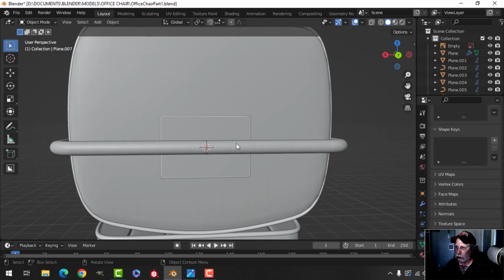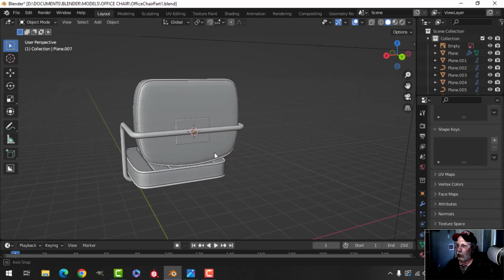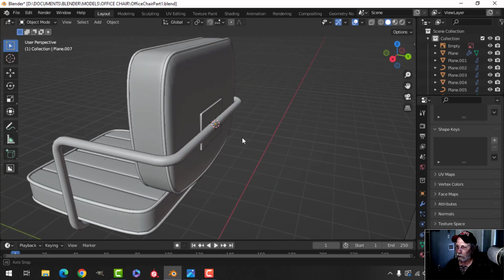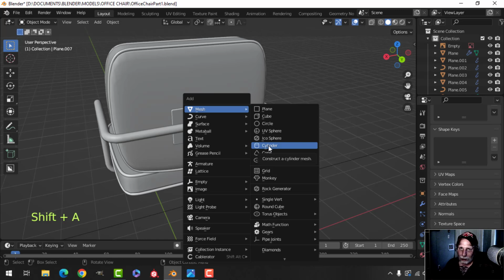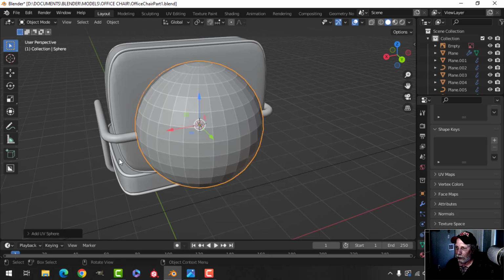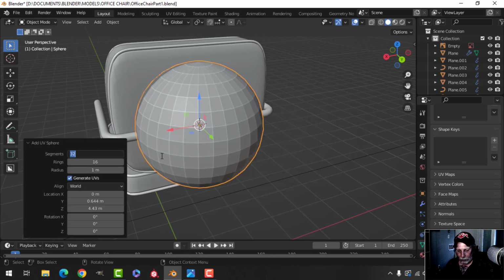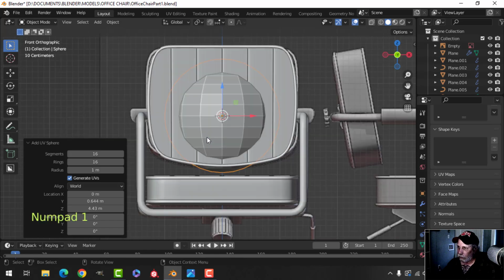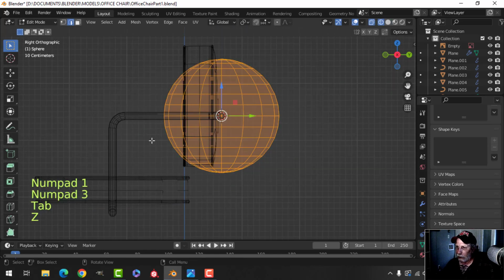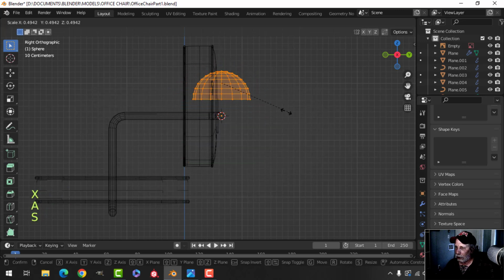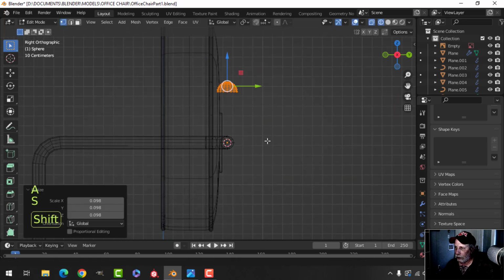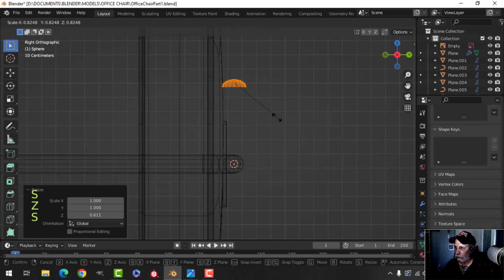Okay, I'm going to do some bolts, I think, to hold this in. I don't know if that's too wide, or I think it's probably all right. So to do the bolts, ideally you want to do a lot of stuff in texture, but I'm going to just go ahead and model stuff anyhow. So I'm going to use 16 on this UV sphere and look from the side and go in and get rid of the bottom vertices, scale it down. I can scale in the Z a little bit, and I'm going to rotate X minus 90,